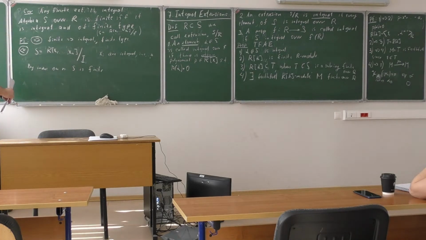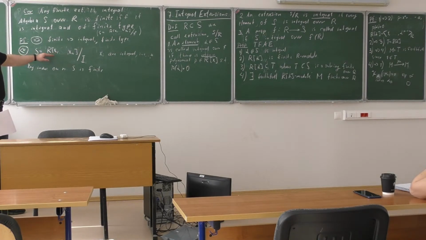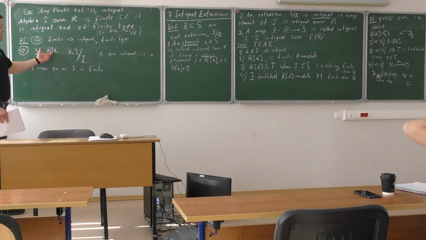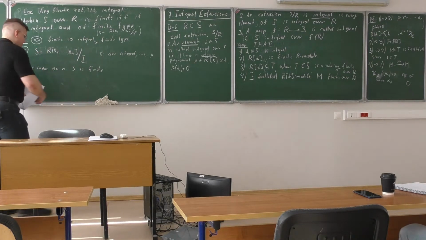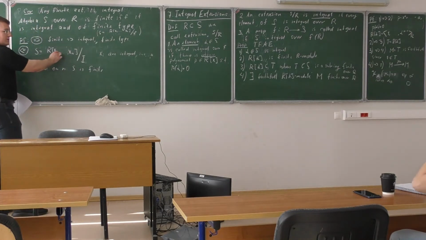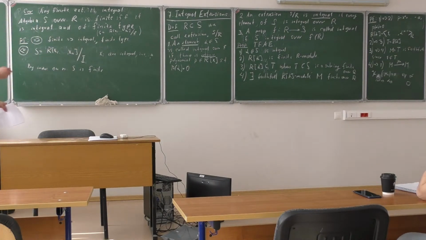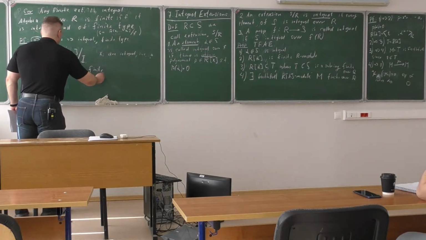For example, if you consider only one generator, clearly R adjoin one element which is integral is finite, again by the proposition. Then you consider what happens if you adjoin the second generator, using the previous ring. Well, this is still finite. Then you add some relations, but if this was finite, this is still finite, even if you add relations, etc. So this is by induction on n.